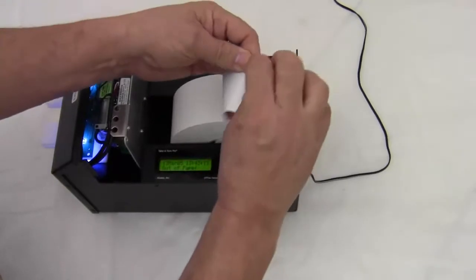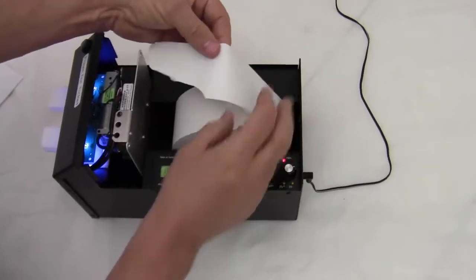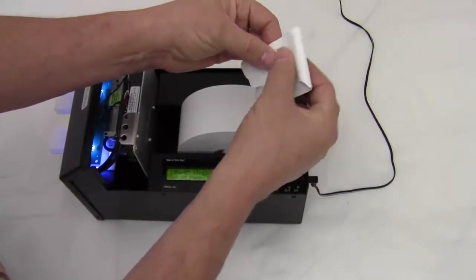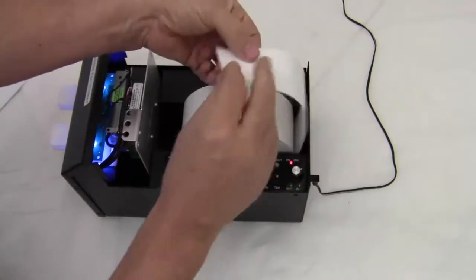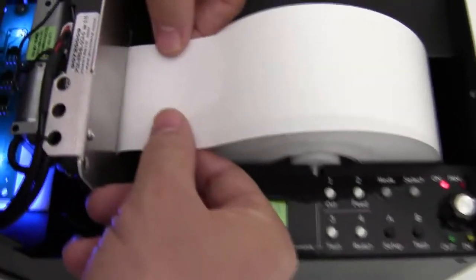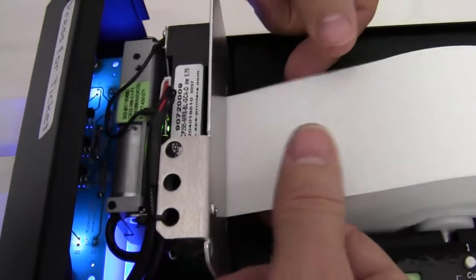If for some reason there's a rip across the paper like that, that's not going to feed very well. So what I'm going to do is make it square. I'm going to fold it back. I'm going to make it nice and sharp. And I don't really have to tear off the edge. As long as I've got a square edge, I can feed that into the slot, and it starts making noise, and it's going to grab,